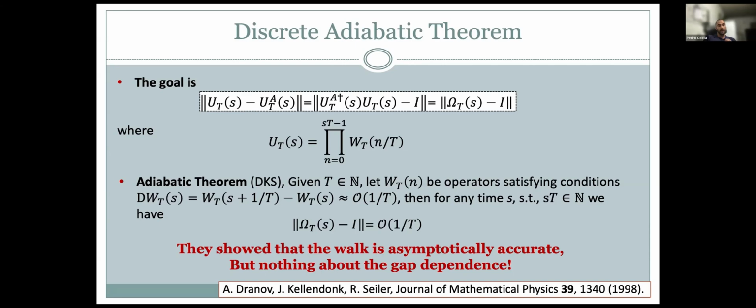And it's also important to notice the different aspects of the theorem, because usually when you have the continuous version, you always have to think about the properties of the Hamiltonian. Here, you don't think about the properties of the Hamiltonian, but the properties of the unitary. So in the continuous version, you have to think about the gap of the eigenstates that you are interested in. From the Hamiltonian point of view, you also have to think about the first and second derivatives of the Hamiltonian. In the discrete version, you don't think about the Hamiltonian, you think straight away from the unitary point of view.